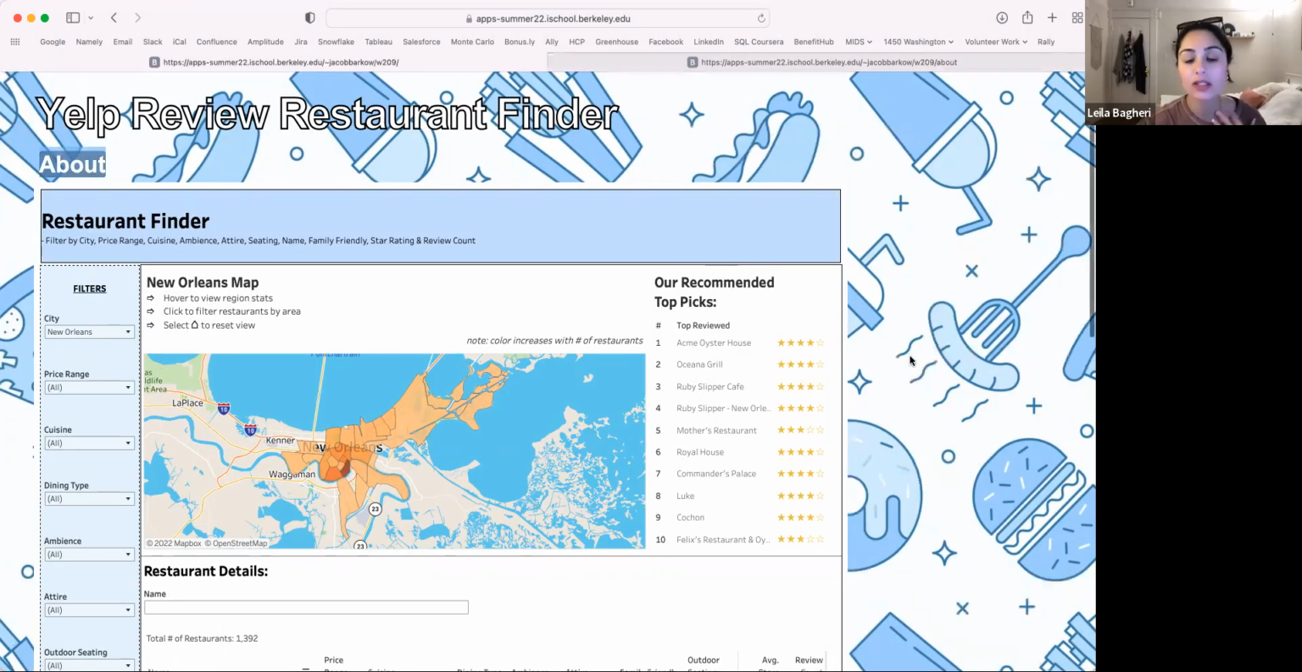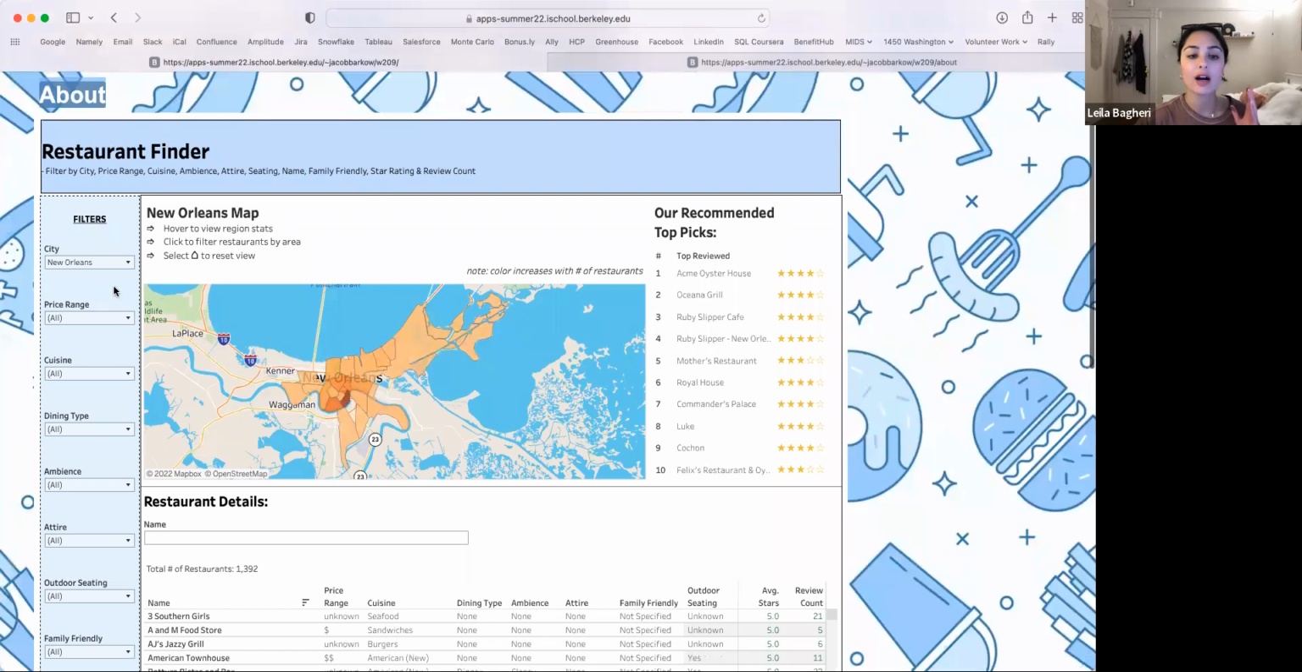So this platform is intended to be used by Yelp users or those that are just looking for a restaurant in a city that they are in. So without further ado, let's go ahead and get into it, as an example demo for if I were looking for a specific restaurant. So first and foremost, we have our map showing the city of New Orleans,